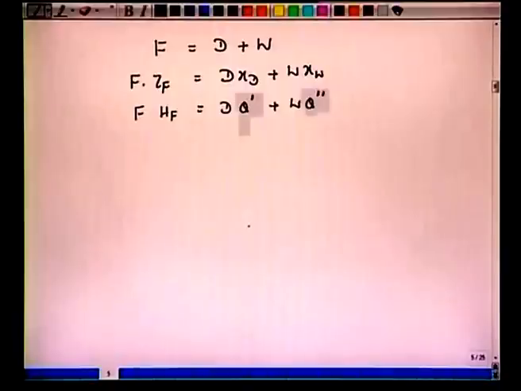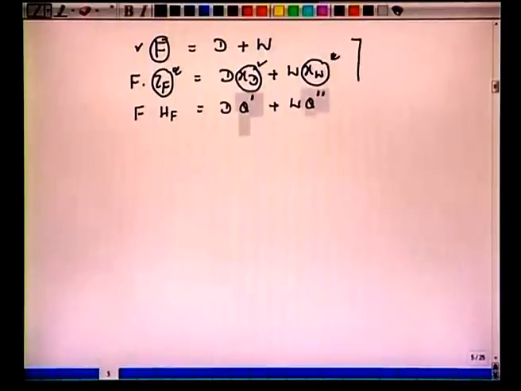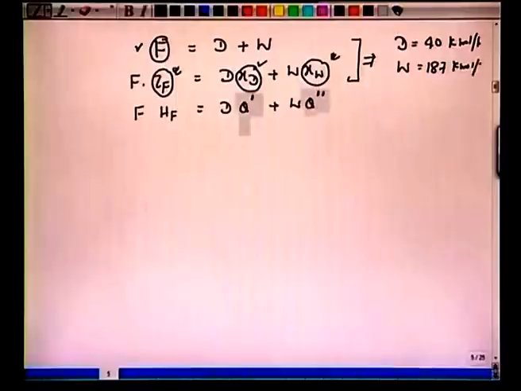All right. So if you see the problem statement, F we calculated, F was given in kg per hour, we converted into kilomoles per hour. XD, we know the XD mole fractions, we know XW, we know ZF, all this quantity was given to us in weight fractions, we converted into mole fractions. So from these two we can calculate D. I'll leave this as an exercise. D, for example, we get kilomole per hour, and we get W as 187 kilomole per hour. All right. So we know from these two equations we can calculate D and W.